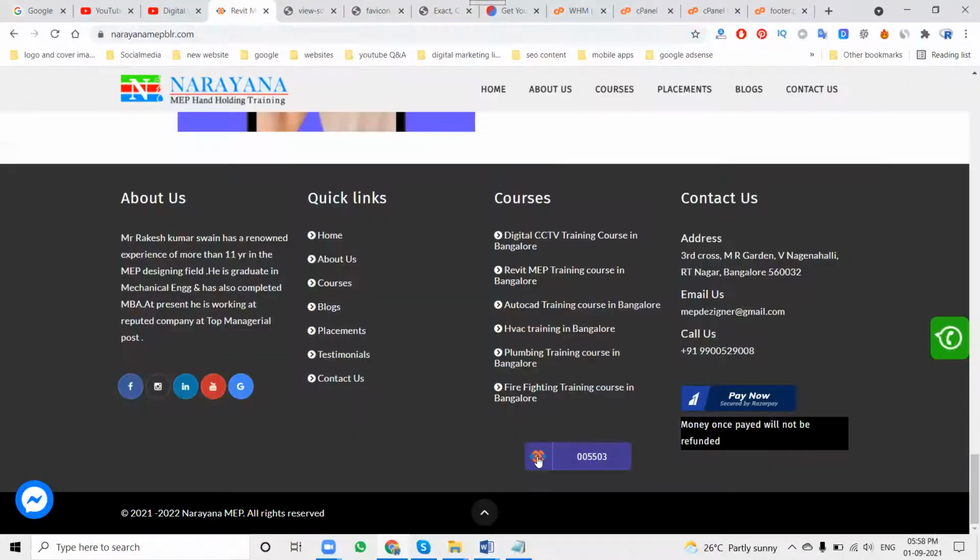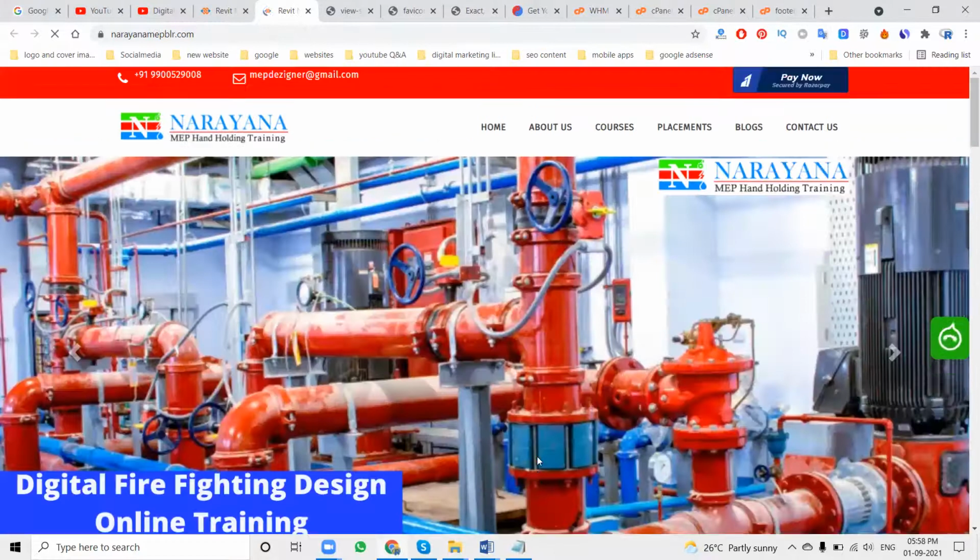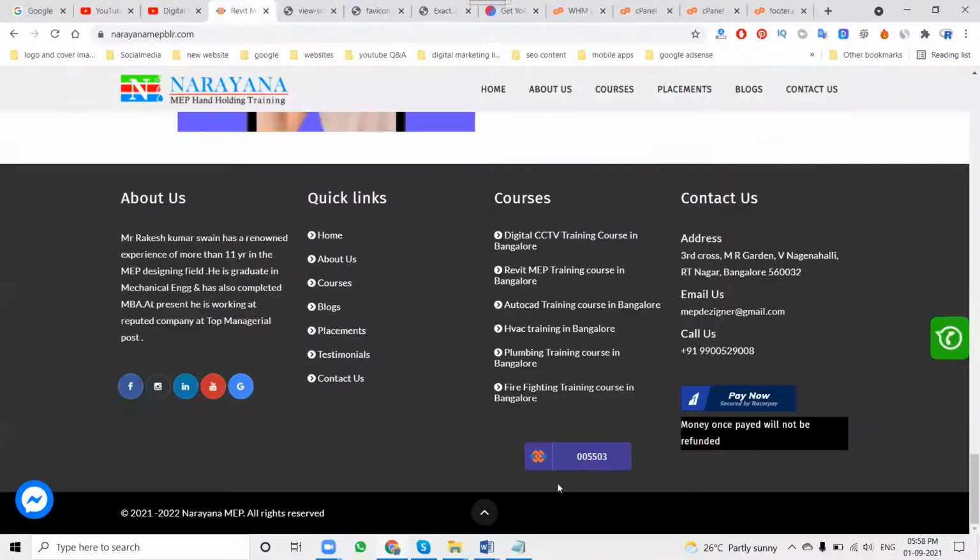When you click here, it goes to your particular website link. But I want it to go to contact us, so I give the contact us option. When your logo is clicked, it goes to your website. These are the particular codes we can optimize for checking visitor count for page views.